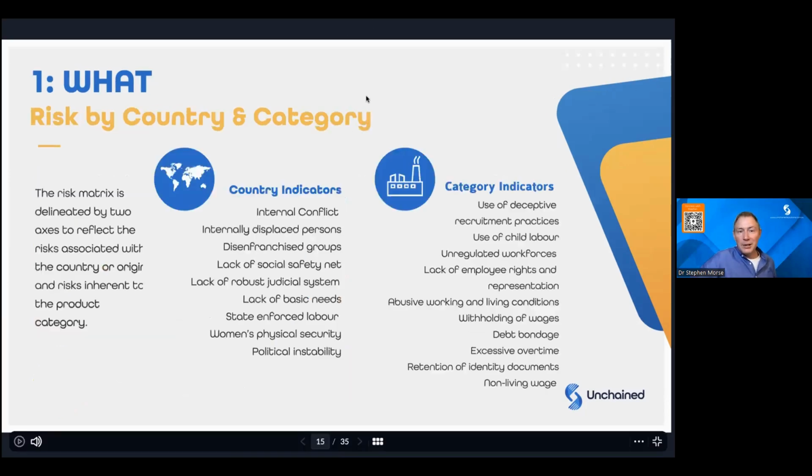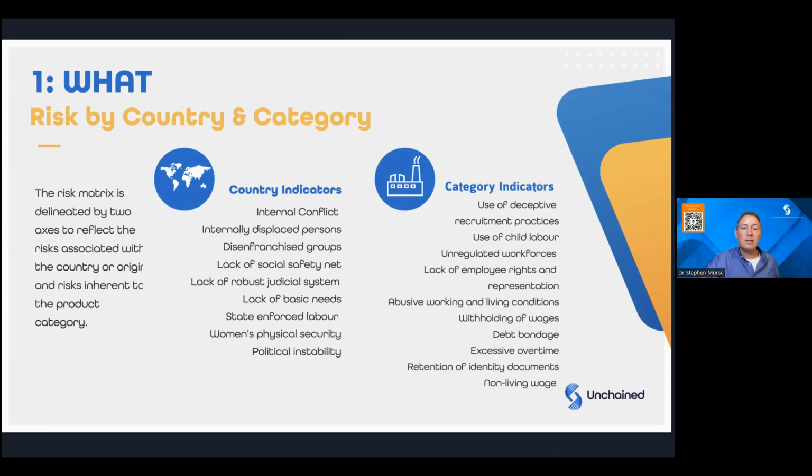So there's a lot in the what. We're just breaking down risk by country and category. This is probably the main risk matrix, and really what we're looking for in developing a risk assessment is to develop a risk profile for suppliers. And some of your corporate clients may already have a risk profile for you. That profile will be a combination of country and category risks by and large. And both of those two things will have similar but different